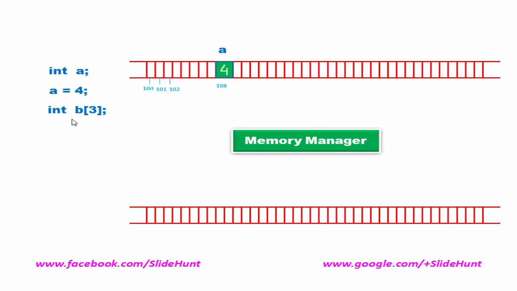After declaring the array, a request is sent to the memory manager asking for some memory space to store 3 integer values. Then the memory manager says okay, I will give you 6 bytes and it looks for free space and the memory manager allocates this block. Here I am going to store 7, 2 and 5.